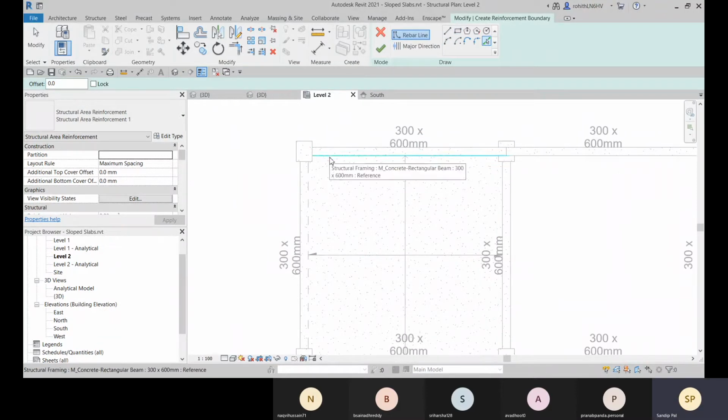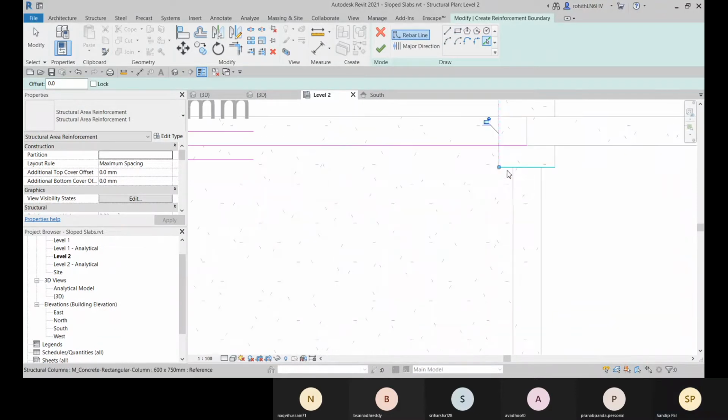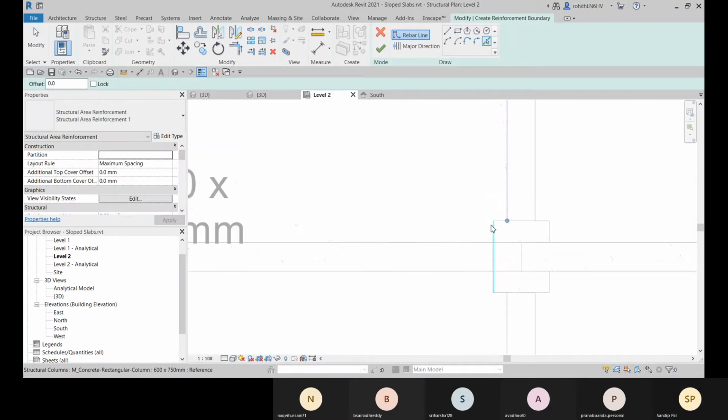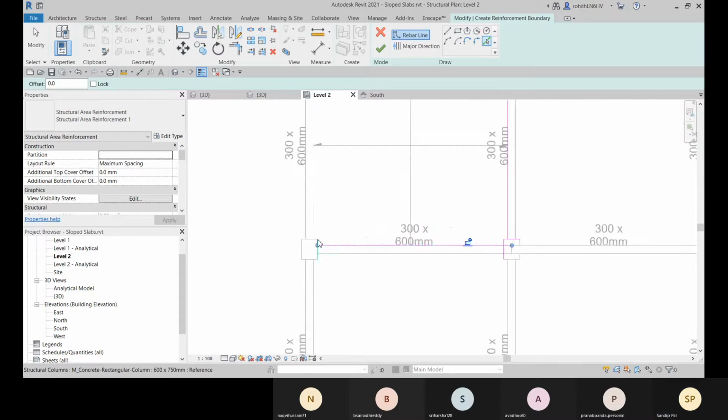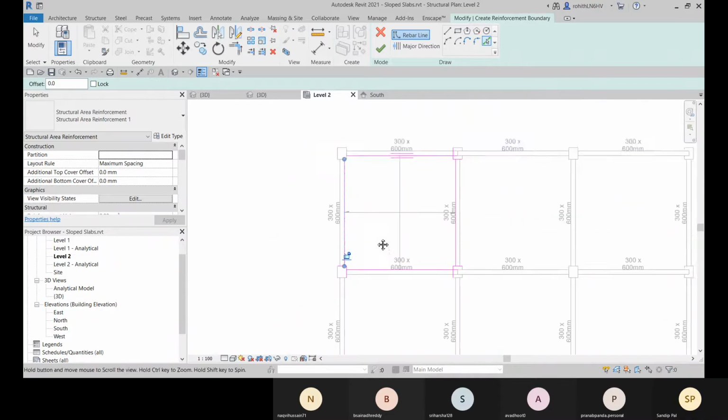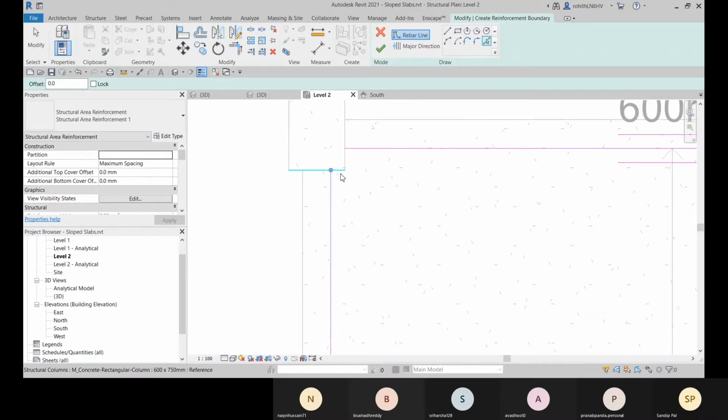Let me go with this pick line option. Let me go with this trim.